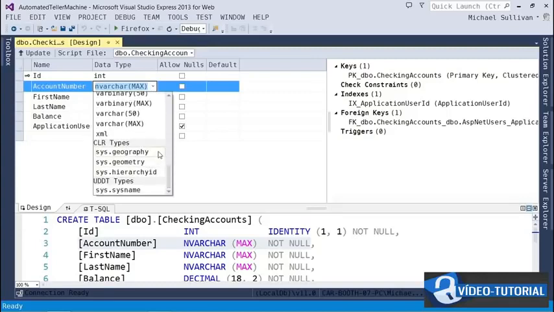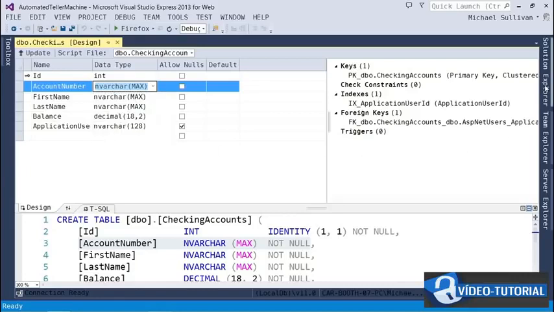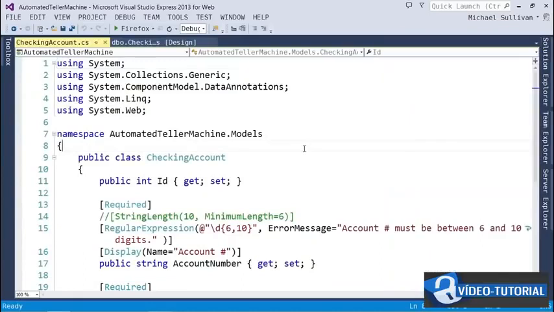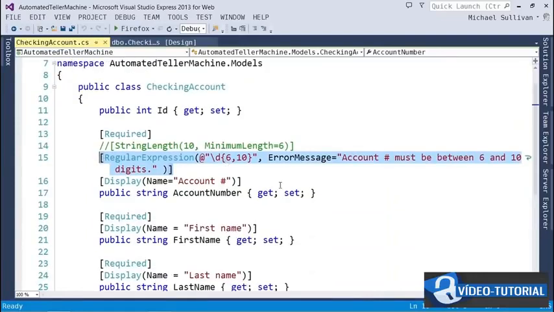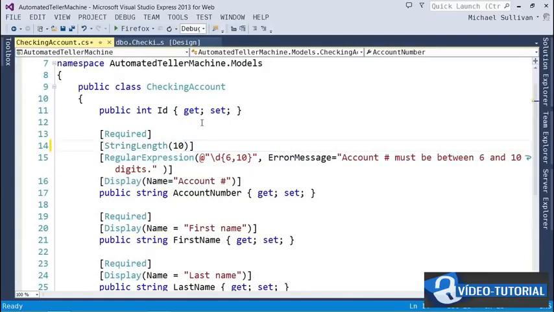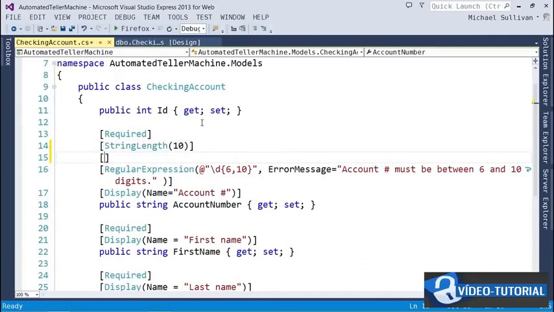Now, I could just make these changes right here or in SQL Server Management Studio, but we want to create something that's going to be easy to set up in or deploy to another environment. So a better place to make the changes is back in the checking account class. For account number, we've seen now that the regular expression doesn't influence the column type that's created. It's not quite smart enough to use that. I could uncomment this string length validator and leave off the minimum value, but I also wanted to use varchar instead of nvarchar. So in this case, I'm going to explicitly set it using the column attribute like so,